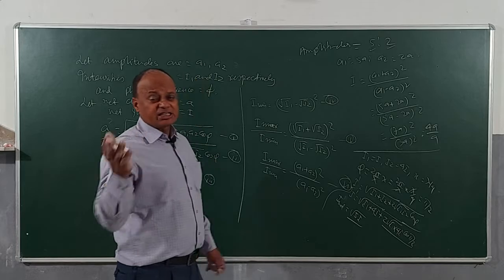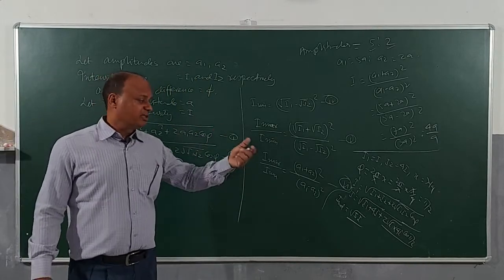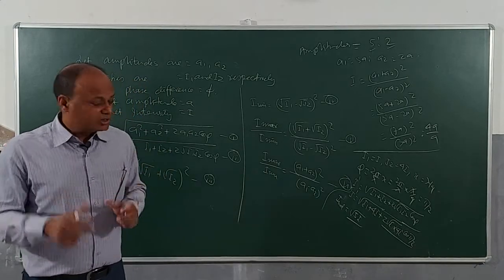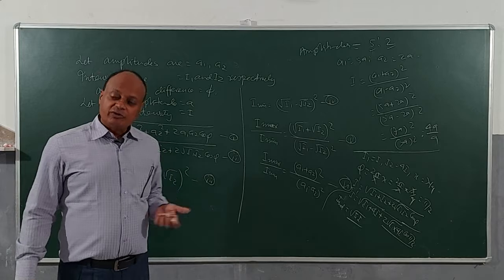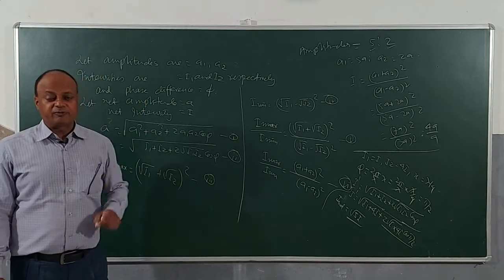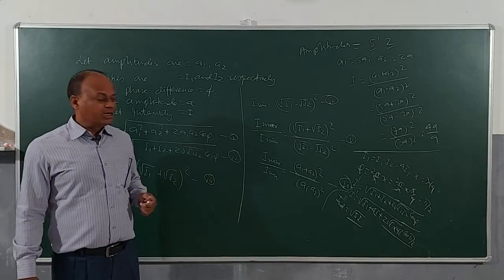Clear? So this kind of sums will be given to you, and you should be able to very easily condense them once you are familiar with the application of the formula. Clear? Now once you understand this, go through this, the concept is important. You will be working on Young's double slit experiment, which is a very important one, important for exams and important for building your concept on interference as well. Okay? All right?